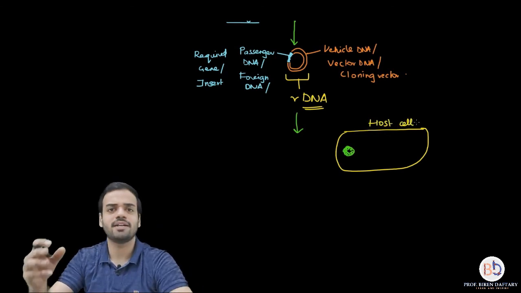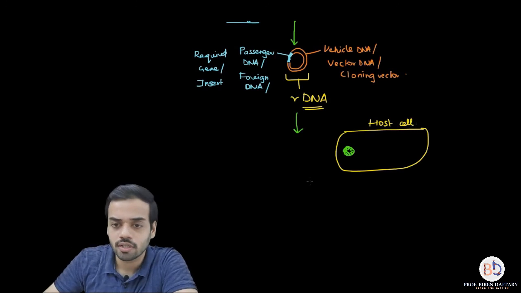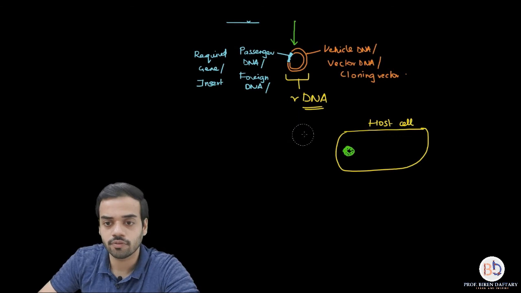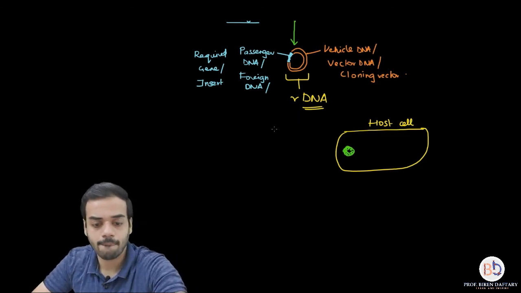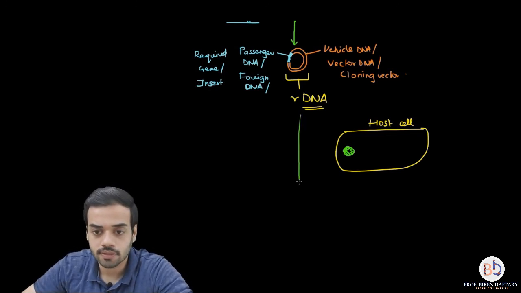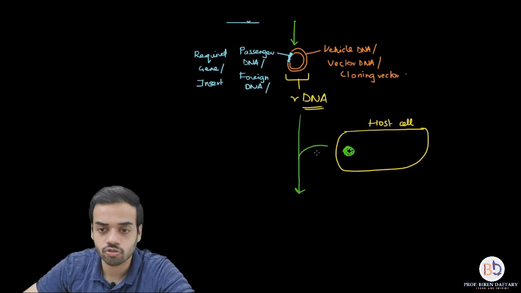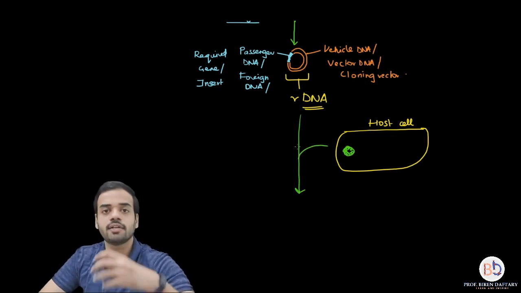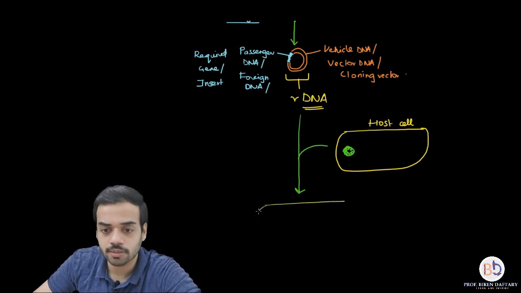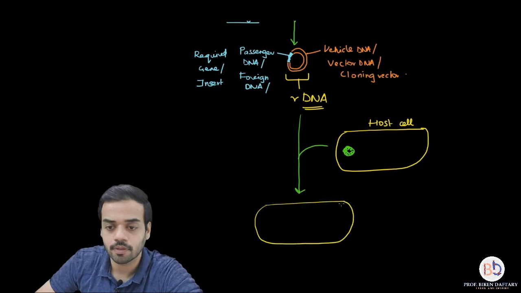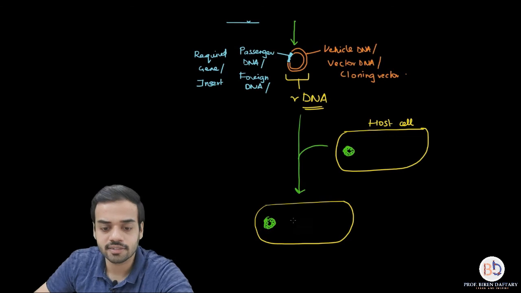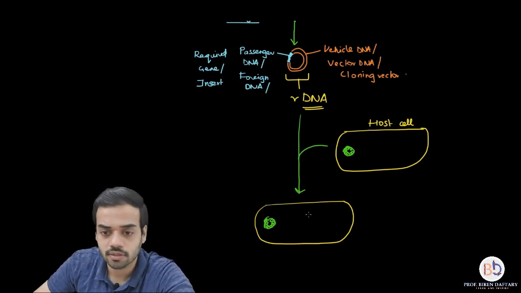It can be Agrobacterium, it can be E. coli, any of those. And I'm again going to show a dual arrow. So let me rub this off. Okay. So this arrow will go down. This arrow will also join. And what I'm going to get is a transformed bacterium. So I'm going to draw a transformed bacterium. This is your third step. This is the bacterium, right? I'm just drawing a nucleoid just like that, and inside this I'm going to show this recombinant DNA.